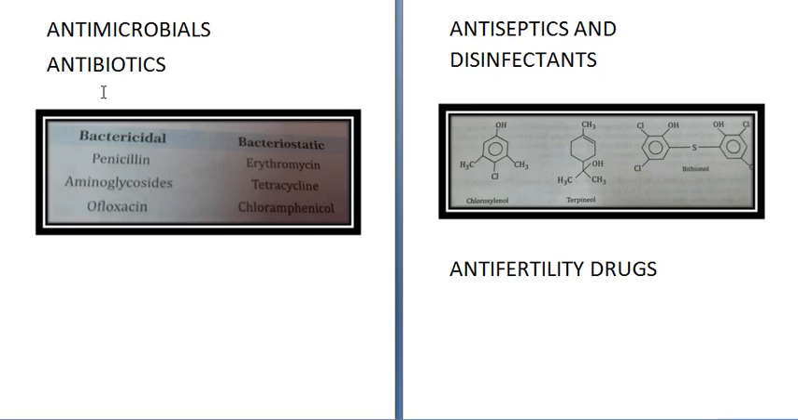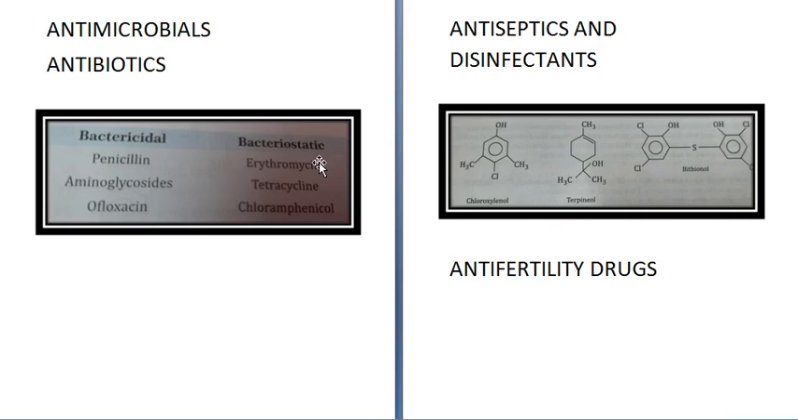The first antibiotic was discovered by Alexander Fleming in 1929. It was called penicillin. Antibacterials can either kill the microbes, in which case they are called cidal, or inhibit them, stopping their growth, in which case they are called static. So the two categories you see here: